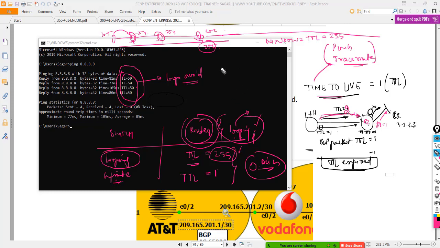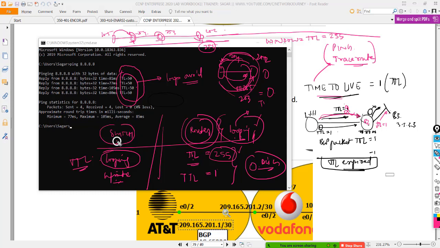Let's see what happens in case of looping. Let's say this is TTL 255. Now this comes back with 254, it goes back with 253, it goes back with 252, and so on. At one certain point it's going to be TTL 0 and the looping will be gone. But in case of switching, there is no concept of TTL. So if you see any looping in the case of switches, your looping will be infinite until you go and unplug it or turn off the device.